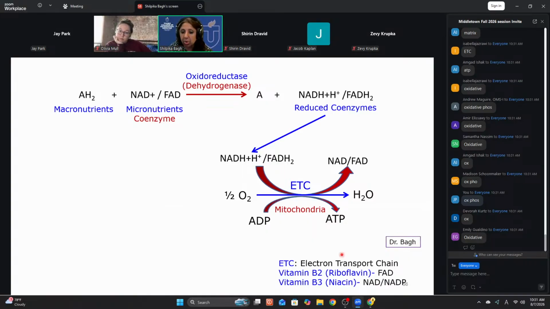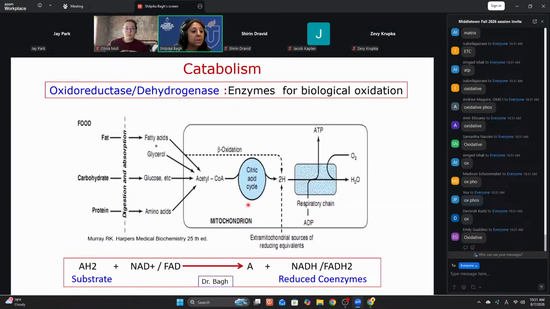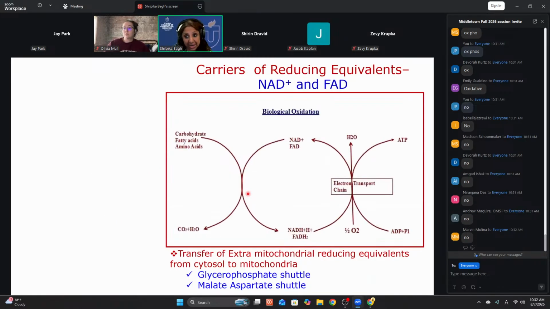Secondly, please know your vitamins and coenzymes. If the ETC is not functioning, any inhibitor, if mitochondria is not functioning or absent, or if oxygen is low, can you do oxidative phosphorylation? Can you do oxidative phosphorylation if ETC, mitochondria, and oxygen are missing? No. TCA is the main cycle, which is giving you NADH and FADH2.